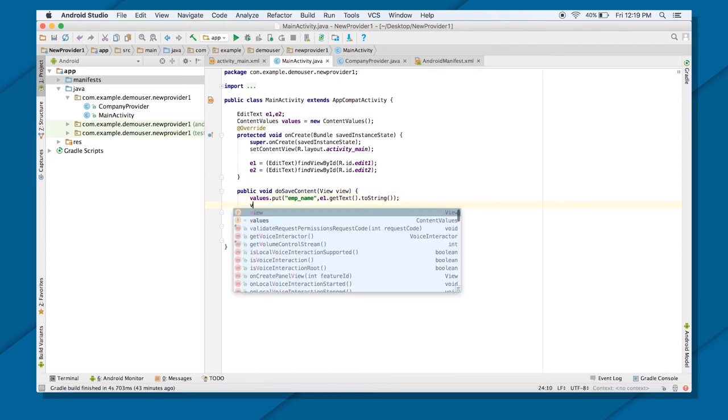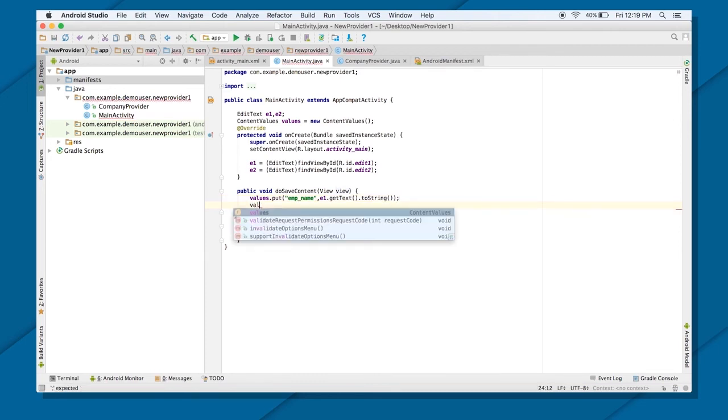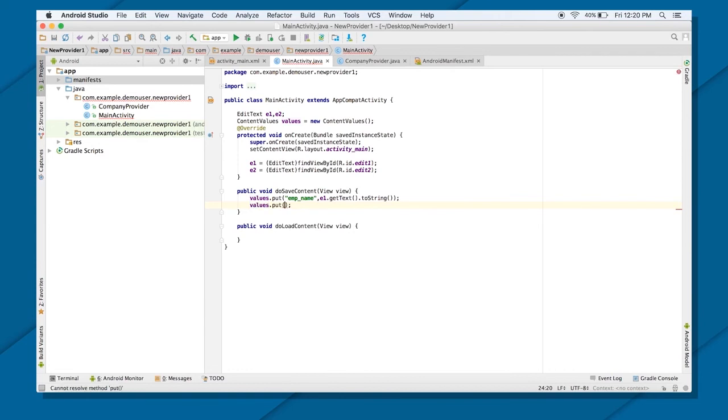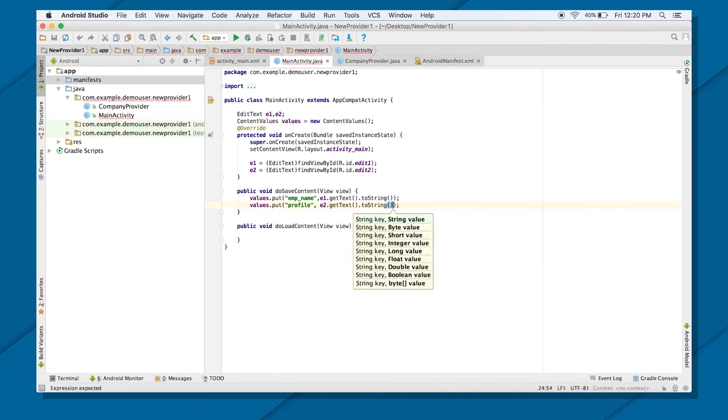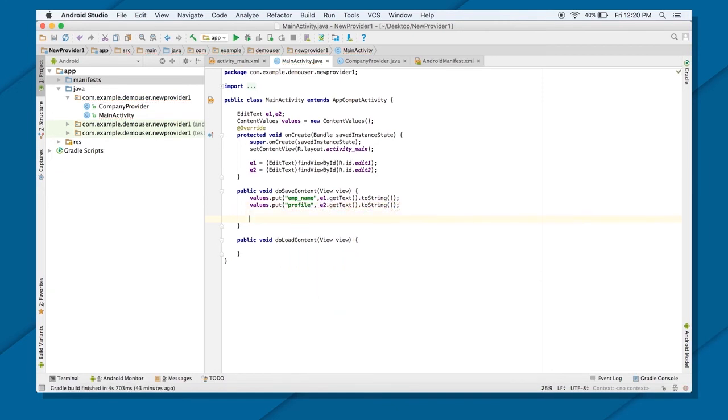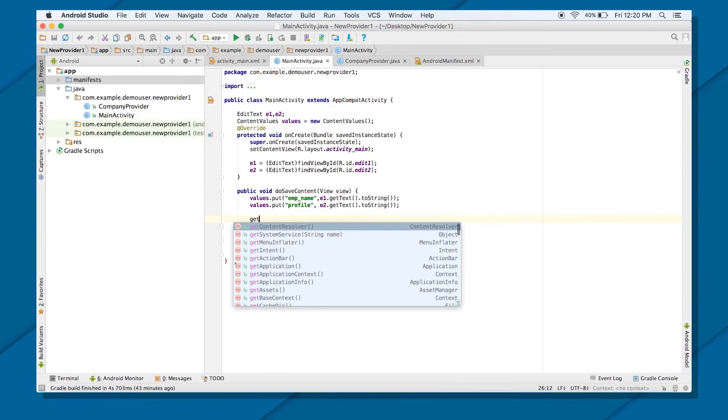Same goes with the second one. Put the column name, again profile, and e2.getText.toString. Great. Okay, after that, once you have this, all you gotta do is get the access of your content